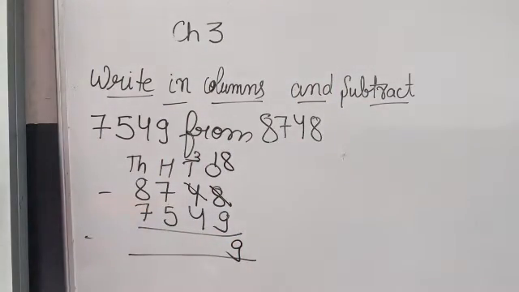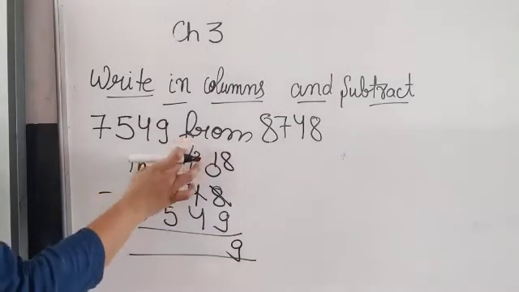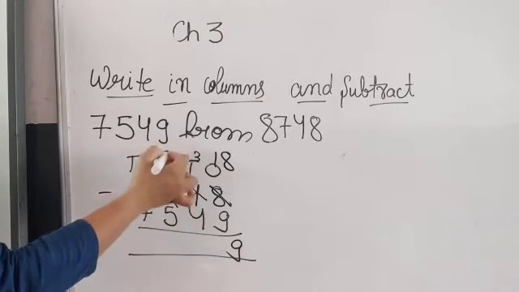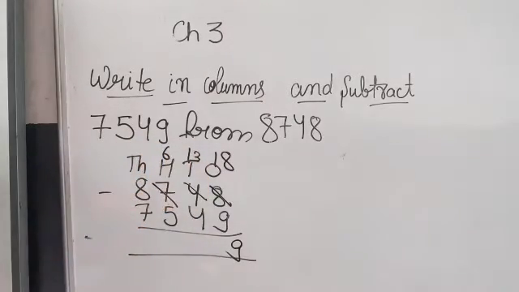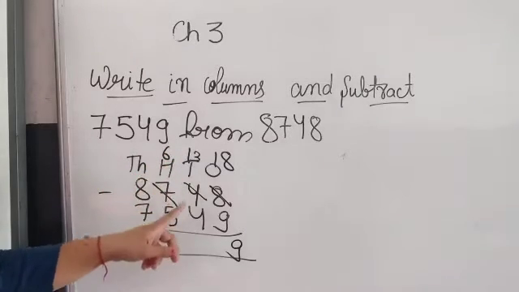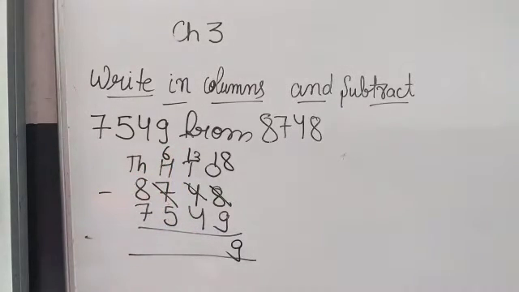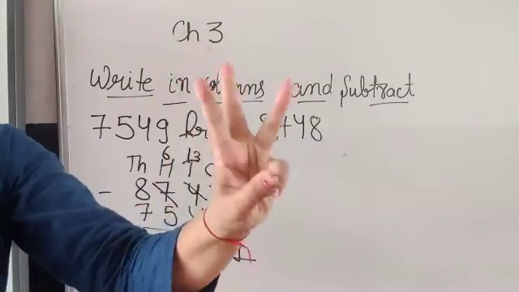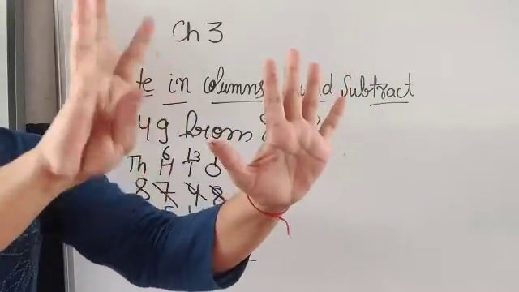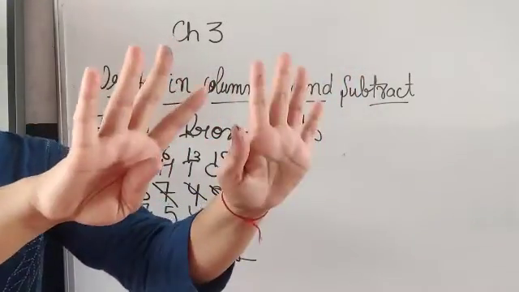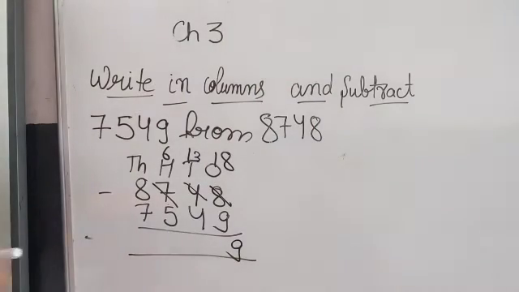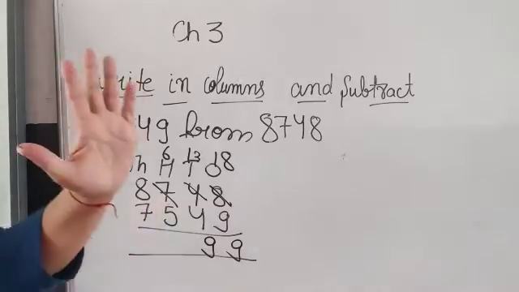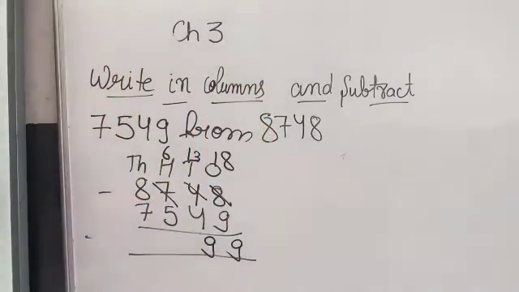Okay. Now, is it possible to subtract 4 from the 3? No. So it will take 1 borrow, here 6 is left and here it becomes 13. Again we have to subtract 4 from the 13. We have 10 fingers, so let's reach up to 13. 5, 6, 7, 8, 9, 10, 11, 12, 13. So it's 9. Now, 6 minus 5. It's very easy. 6 minus 5 is 1.